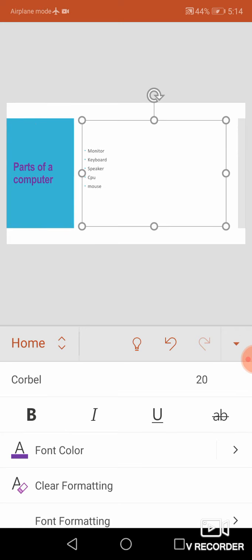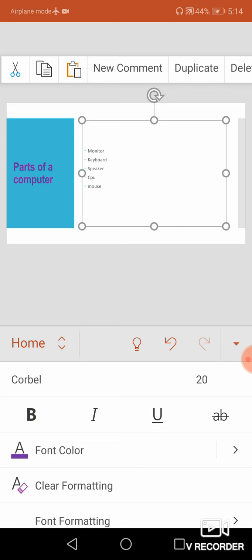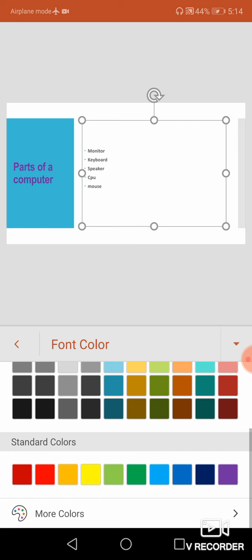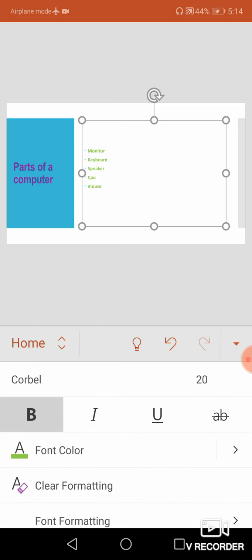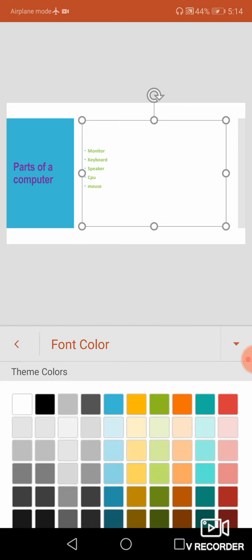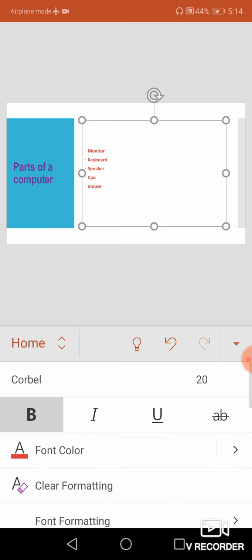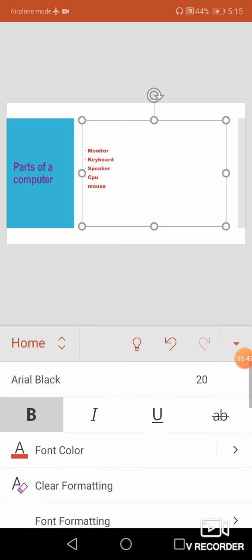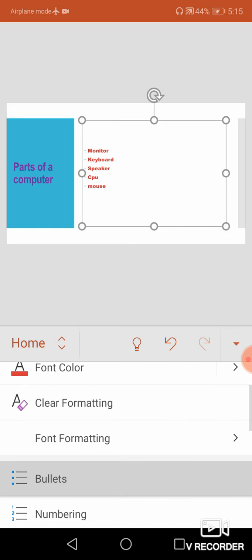And then I am moving on to the right side. I am going to make it a little more attractive by making it bold, and then I am going to select the font color, because the current color is not suitable. I am going to change the font color to a darker color, because the background is white. Okay, and then the font name Arial Black, and I have changed it.